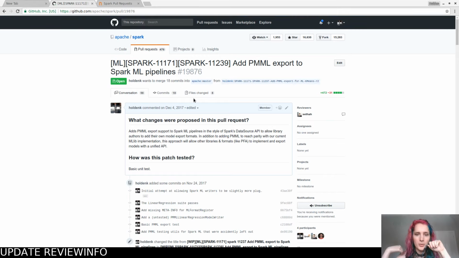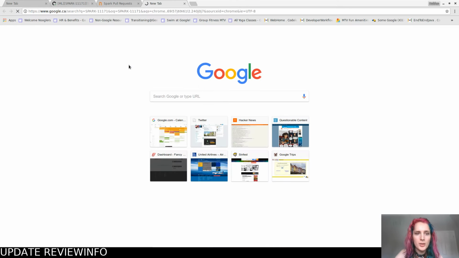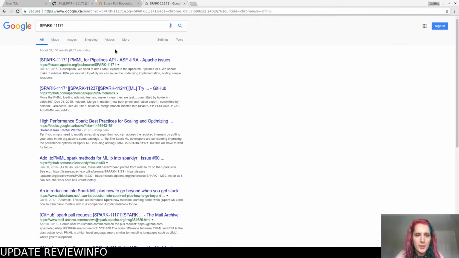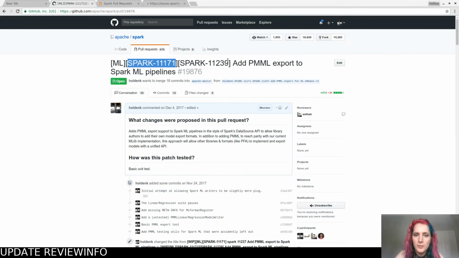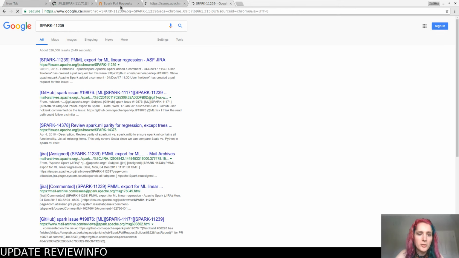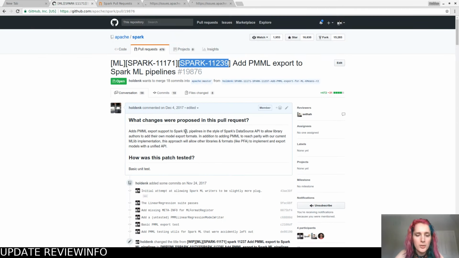And so it says add PMML export to SparkML pipelines. And I'm going to actually double check to make sure that I've got the right Jira numbers associated with this, because this PR is from December. And so it's been a while since I looked at it. So let's just double check. PMML pipelines. That looks right. And let's double check the second Jira number, make sure that this one also lines up. PMML export for ML linear regression. Okay, so we're expecting to see